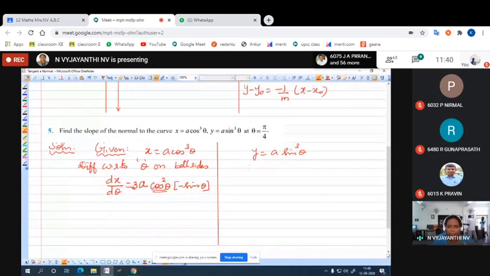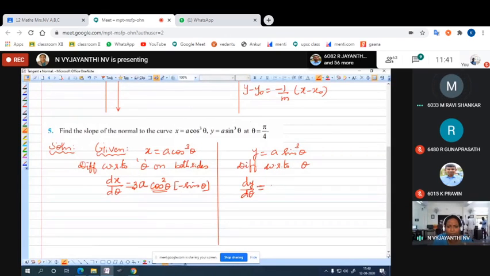So here again differentiating with respect to theta on both sides, we will have dy by d theta is equal to 3a sin square theta into cos theta. Derivative of sin theta is cos theta. Does anyone of you not know how to differentiate a sin cube theta or cos cube theta? If it is so, please tell me. I will explain once again.